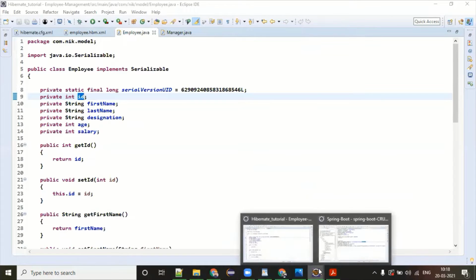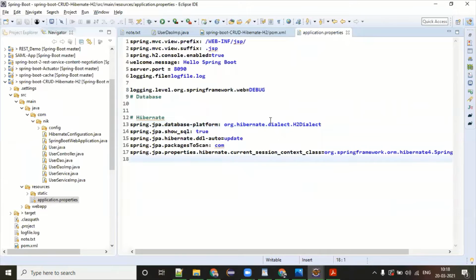Okay, so let's come to Spring Boot again. Dialect I have given. SQL, yes, I want to see the query. hbm2ddl auto, update I have given, because I don't want to delete the existing table if it exists. If you want to delete it, then you can give create. Then package to scan, from where it has to start scanning for the entity.